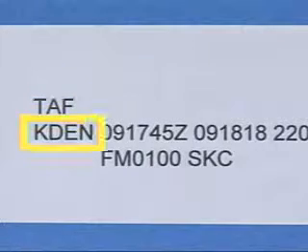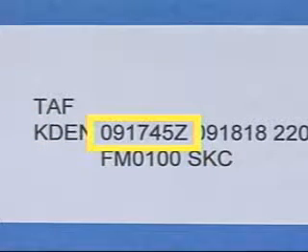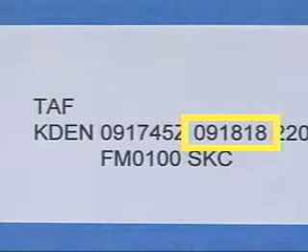This forecast is for KDEN, Denver, Colorado. Following the 4-letter station identifier is the date and time of issuance. The first 2 digits are the date, immediately followed by the time in Zulu. This forecast was issued on the 9th of the month at 1745 Zulu. The next group indicates the valid period. In this case, the forecast is valid on the 9th of the month from 1800 Zulu through 1800 Zulu on